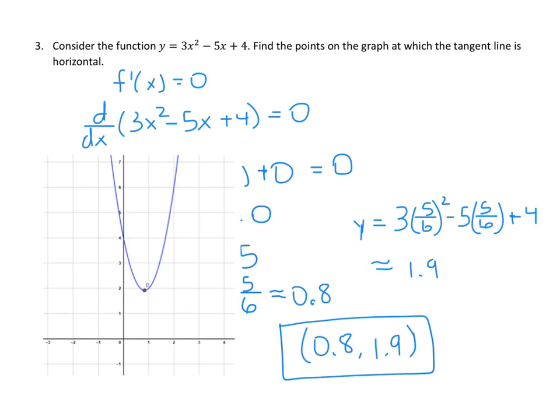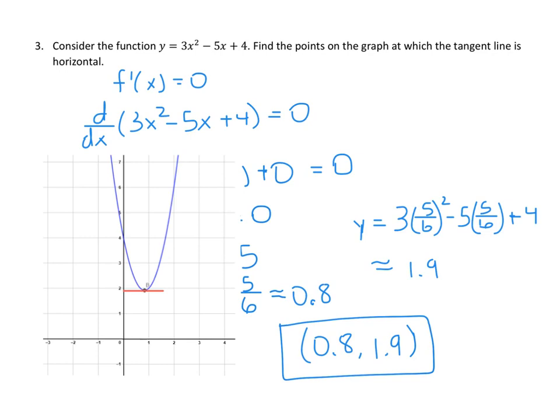Now that we have the point on the graph at which the tangent line is horizontal, I want to take a moment to look at the graph of our original function. I would encourage you to insert this original function in your graphing calculator under y1 equals, and graph it. What you should get is a parabola shape. Now notice if I draw a tangent line to this function at the point B, my tangent line is horizontal. That's the only point on this function at which I can draw a tangent line that is horizontal, or has a slope of 0. And that point B is the point that we just found. Notice it is approximately (0.8,